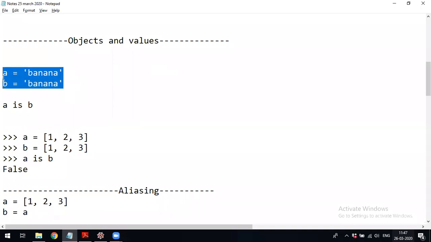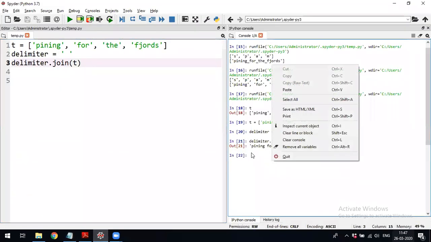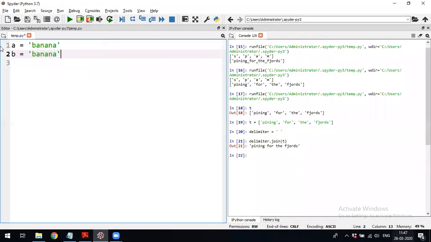See here, two variables a and b, and the variable values are banana. This is the name the author has chosen, that is why I have taken the same names, a and b. We call these references, a and b.